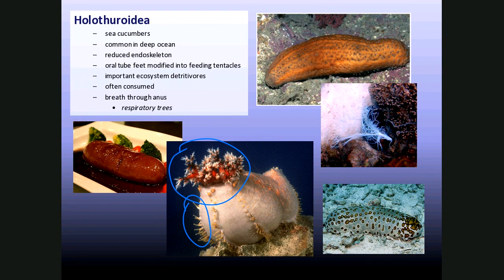I don't know what this is called, but this is what I found online for a dish of sea cucumber. No idea what it tastes like, but it would be interesting. They can actually respire through their anus, through these things called respiratory trees. Again, just a highly vascularized surface that they use to exchange gases. And there's this trick they use again.